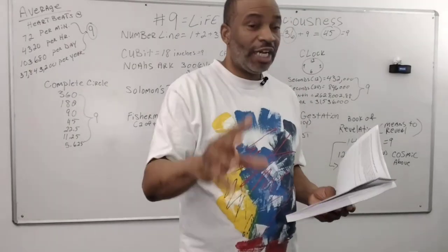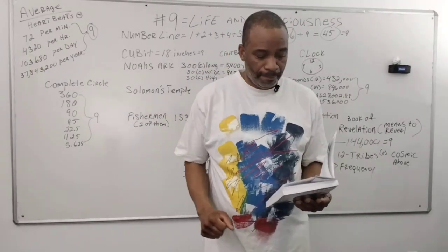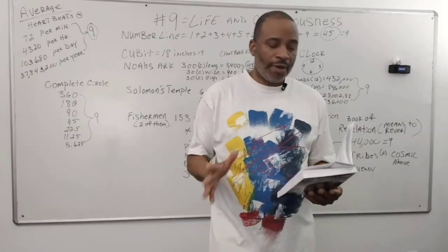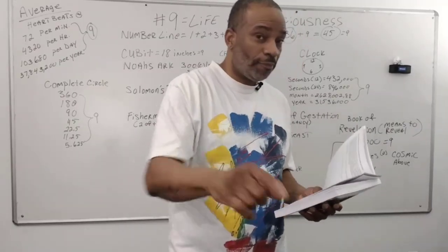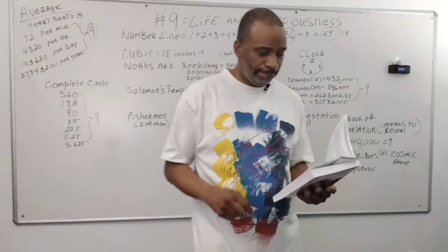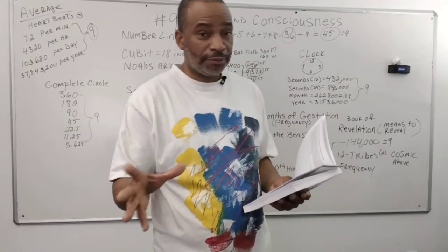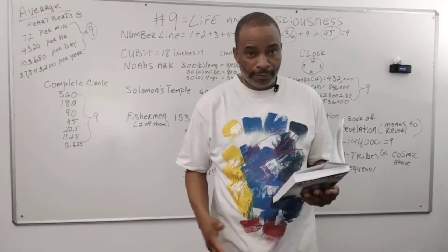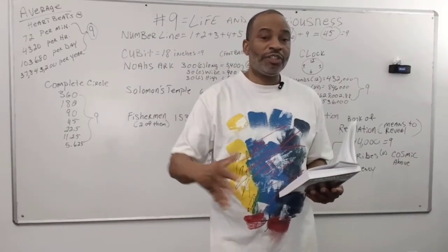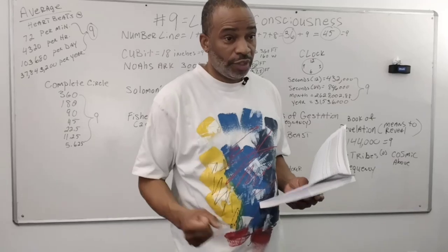Number 6, doctrines, laws, religion. Number 7 is divine intervention. Number 8, rupture, separation. Number 9 is what we're going to talk about today. Number 10 is completion. You start over again. Number 11, you just go back to 1, which is God. And 12 is the number of perfection in Hebrew.